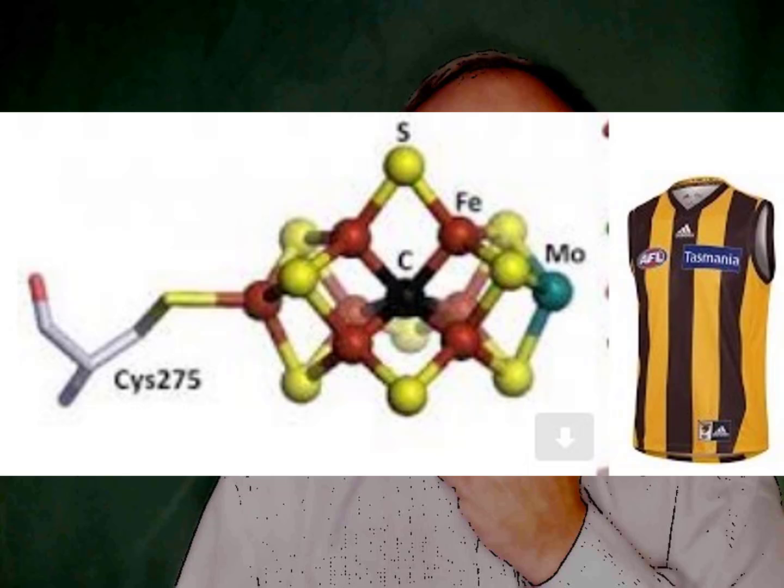And I got curious, and of course, as soon as I saw the FeMoco molecule, I said, that's a fantastic molecule, because I love molecules which are complex in 3 dimensions, or have got flat bits, or when you just tweak them a bit, they change shape. And this is important for indicators. They change shape with acids, and therefore change colour, and to understand the colour and all that type of stuff. But FeMoco, which is this one, the Hawthorn football jersey one, was absolutely fascinating.